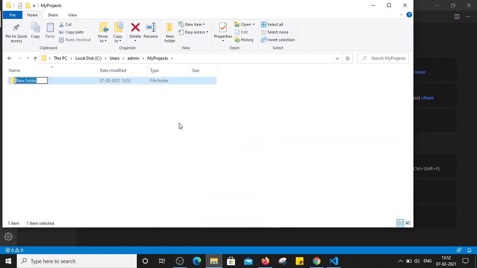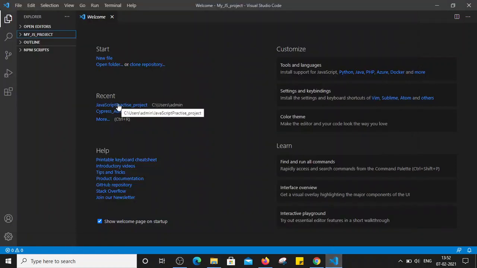I am going to name it, let's say, my JavaScript project. We have created the folder my JavaScript project in this location, and the same folder we have to import into our Visual Studio Code. You can see the file option here.